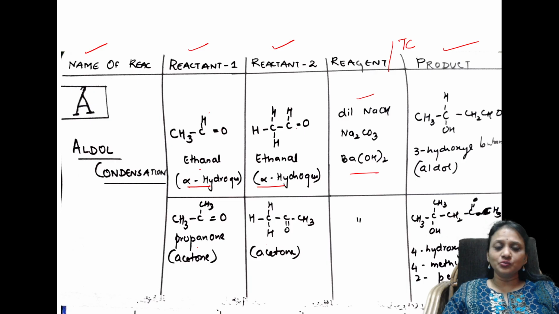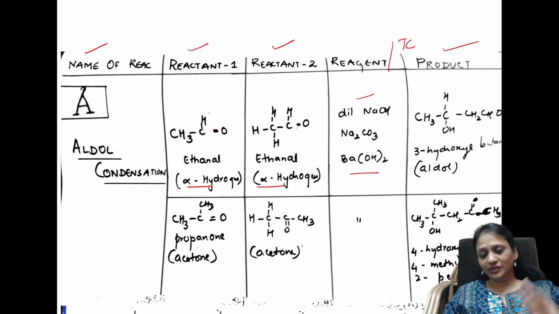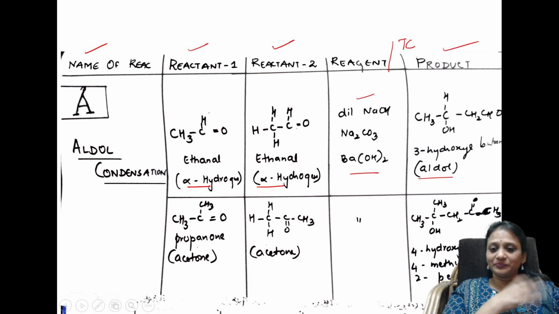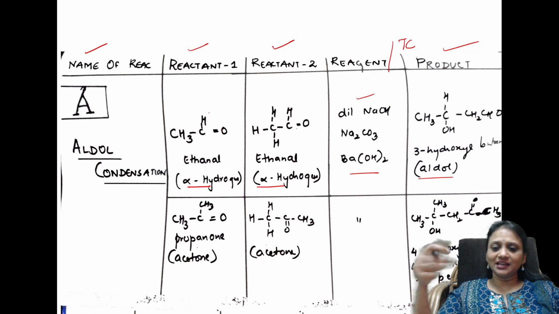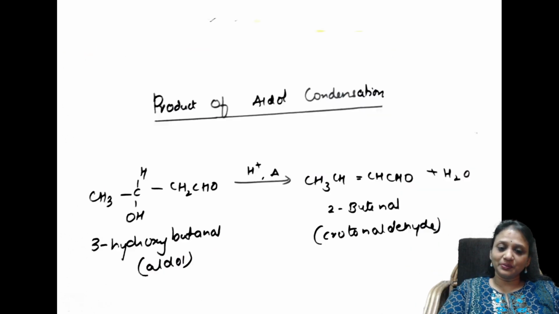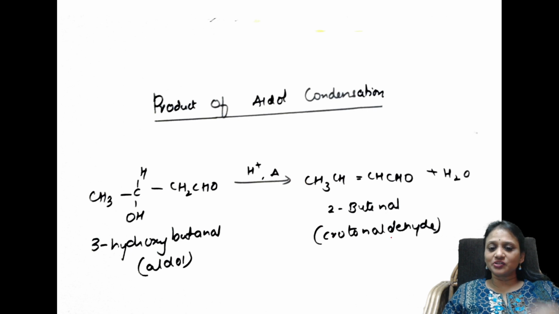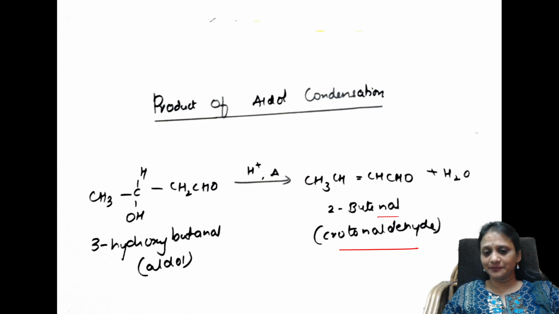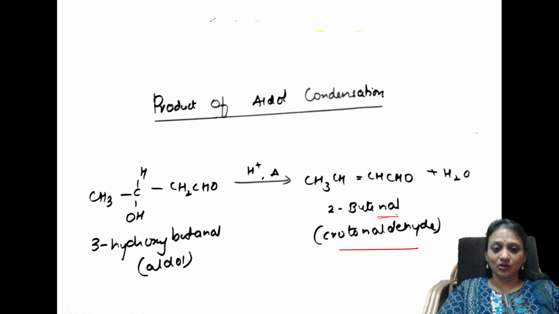Thank you so much. So 2 molecules of ethanal with 2 molecules of acetone are combining. Finally, what do we get? If 2 ethanals or 2 aldehydes combine, we would get the aldol product. If 2 acetones or 2 ketones are combining, we are going to get a compound that's nothing but 4-hydroxy-4-methyl-2-pentanone. That means a sort of ketol sort of thing. Correct, no, students? Now, ketol, aldol and ketol. Now, what is the final product? So simple, I made it into one page. Now, this is your basic final product, that is nothing but formation of crotonaldehyde or butenal. Okay, this is what I studied for aldol.